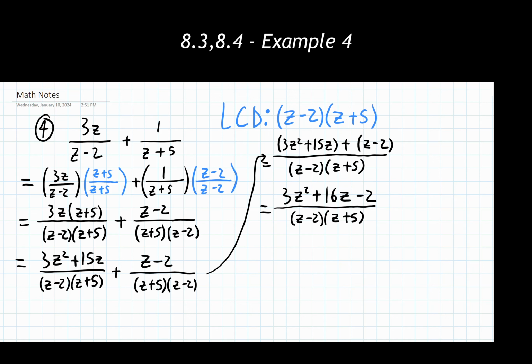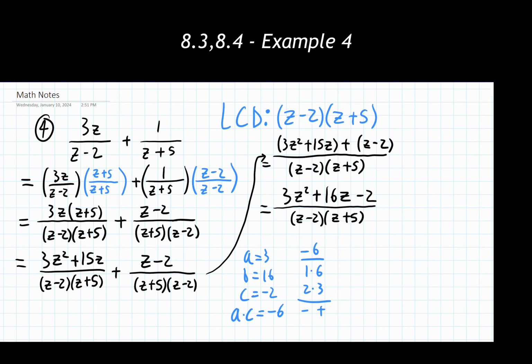So I'm just going to write that down below. My A value would be 3, my B value would be 16, my C value would be negative 2. A times C is going to give me negative 6, because that's 3 times negative 2. And now I need two numbers that multiply to negative 6, then add together to be a positive 16. I'm noticing, okay, that's going to be a positive and negative there.